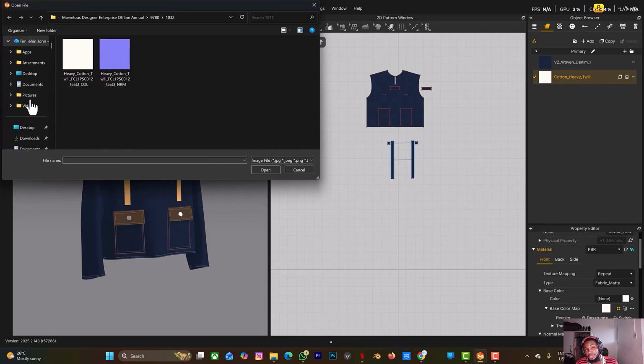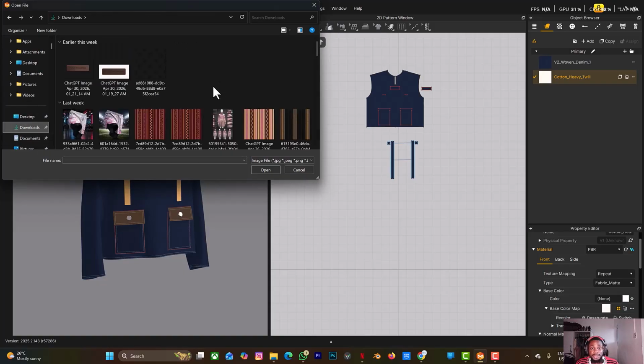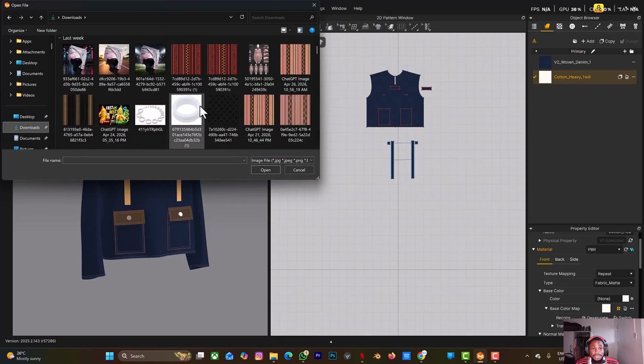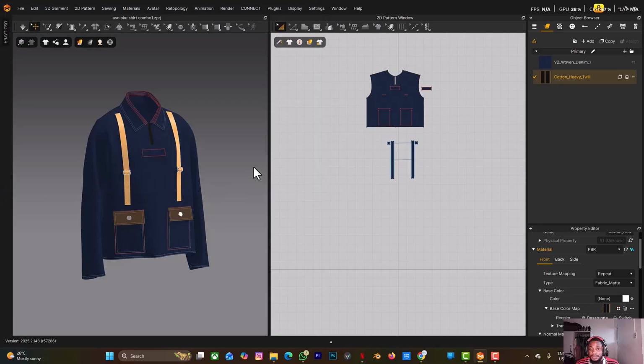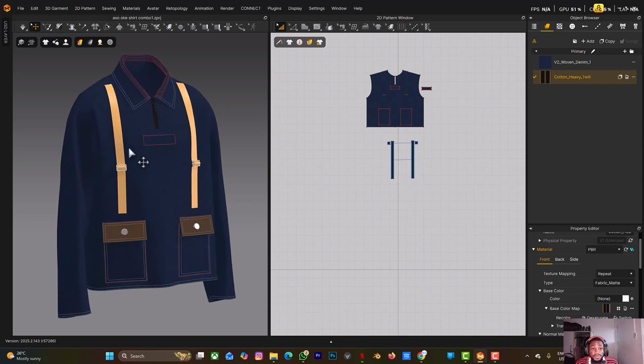I'm sure if you've been watching my tutorials, you know how I generate Ashoke fabric from ChatGPT. So this is it. I'm going to select this. I think, yeah, so we have this here. Now I'm just going to select the pattern that I want to assign to that Ashoke fabric. I'm going to select this